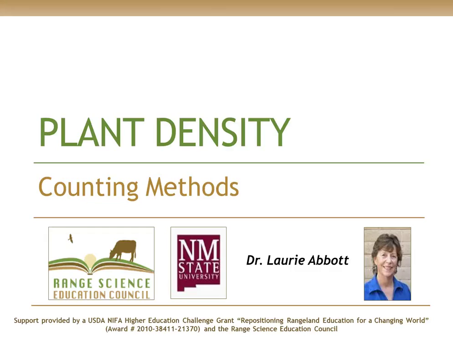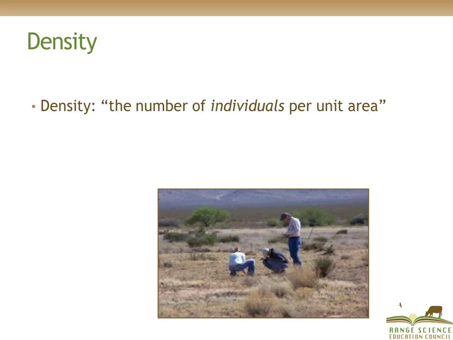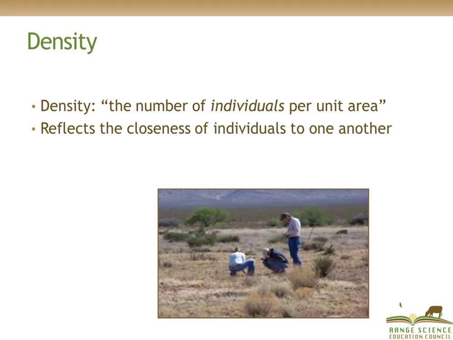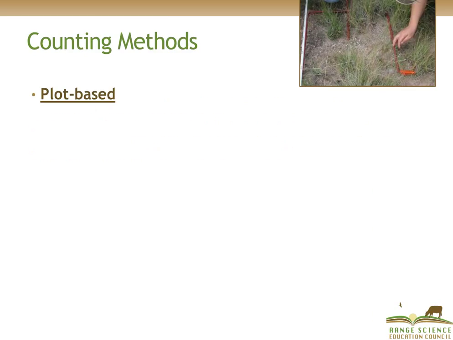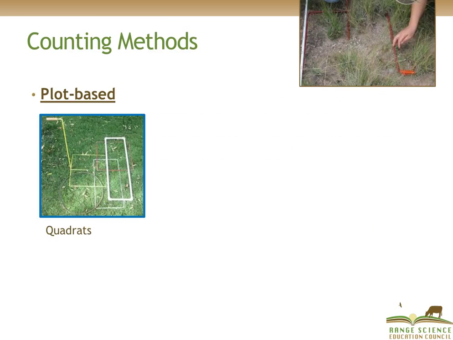Plant density. Counting methods. Density is defined as the number of individuals per unit area. Density reflects the closeness of individuals to one another, and counting methods are among the most common approaches used to measure density. Counting methods are plot-based, meaning that they occur in areas that are delineated by borders, so they have